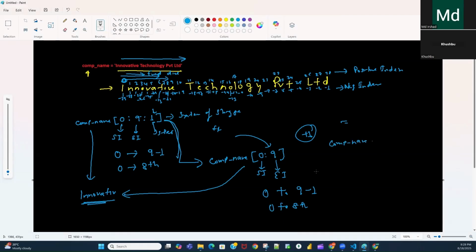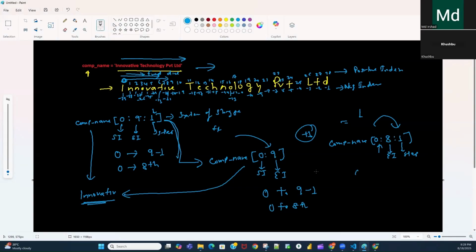Company name. Now let's say here I am just writing :8:1. In this case, I have not defined the start index value. Here I am not giving any value. This is my end index. This is my step. Again, slicing operator will come and check the value of step. Step is 1, so it will go in forward direction from start index to end -1. Here you have not defined the start index, so when a step is positive, the default value of start index is 0.